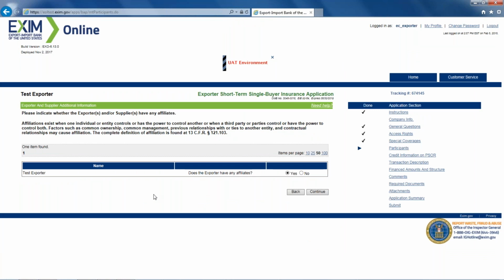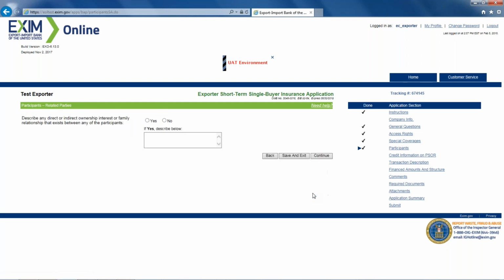And here it's asking me whether the exporter or the supplier have any affiliates. And it's a basic yes or no question. I'm going to click yes here again to see if it asks me for any additional information. And it does indeed. It says describe any direct or indirect ownership interest or family relationship that exists between any of the participants.